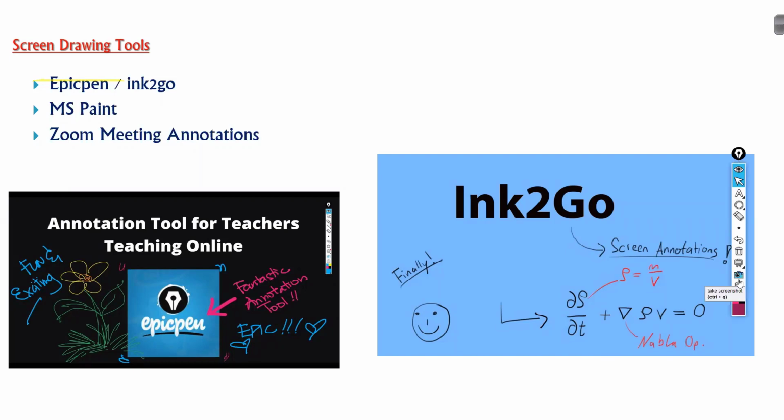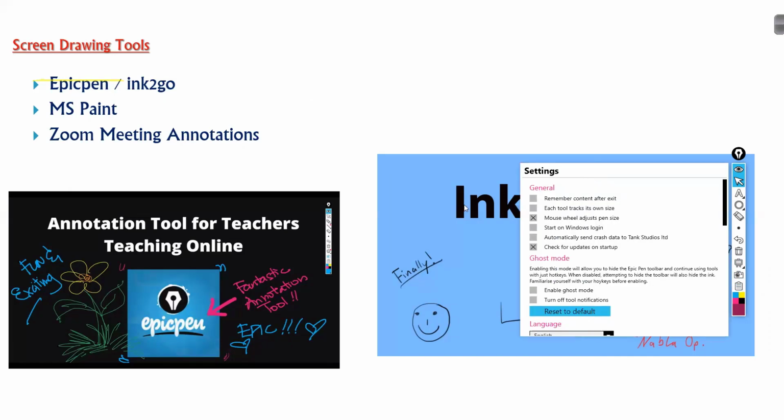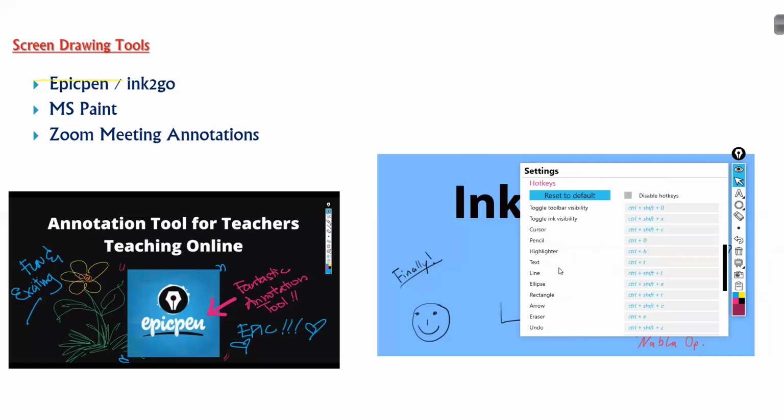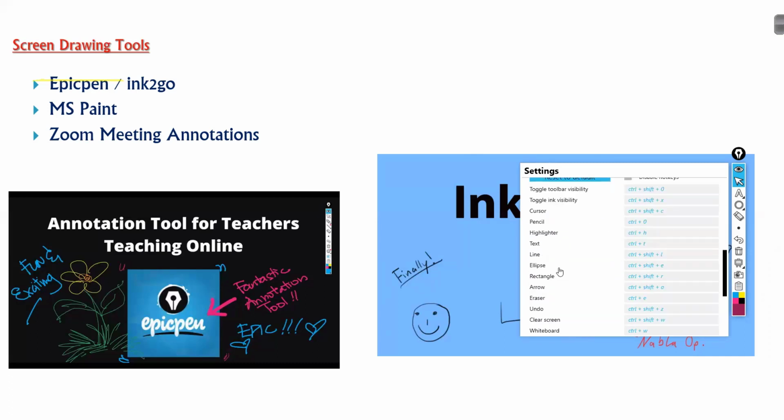So what I generally do, for optimization, is I go to settings and I add some shortcuts. If you scroll down, you will see there are specific shortcuts here. So either you can use the default shortcuts and remember them. Of course, for the first time, you have to write down those shortcuts and keep the paper in front of you. And then every time you have to use pen, use this option. But once you get used to it, it's very easy.